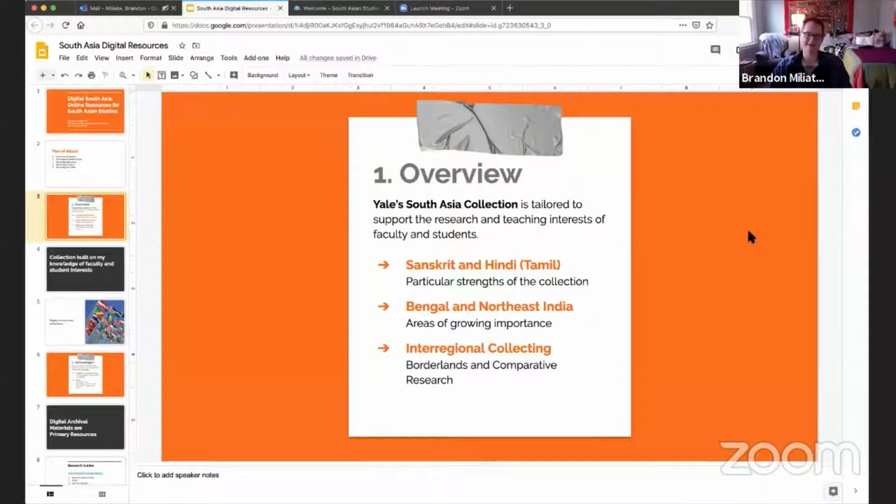Now, beyond that, I'm also explicitly interested in thinking about ways that we can connect the South Asia collection to the Southeast Asia collection, or connect the South Asian collection to the Middle East Studies collection, right? Afghanistan being the obvious overlap in countries that I collect for, and countries that the Middle East Librarian collects for here at Yale. And so I've been working on ways that we can leverage these resources, and ways of combining them in something I'm calling, informally, a borderland studies collection, if you will,